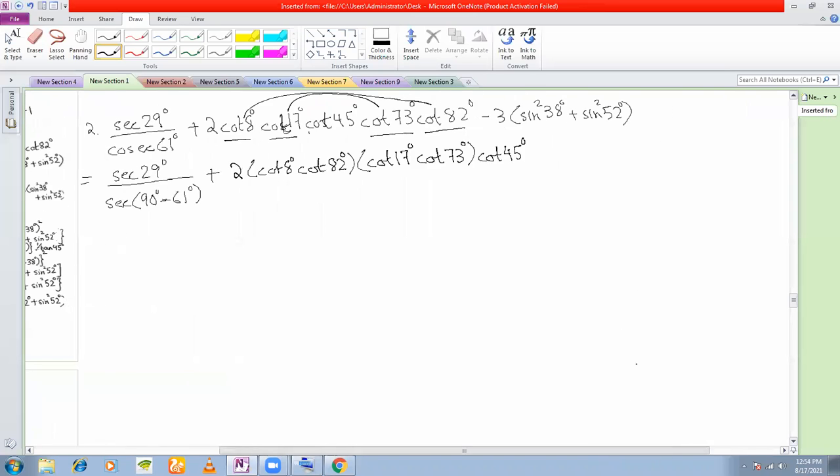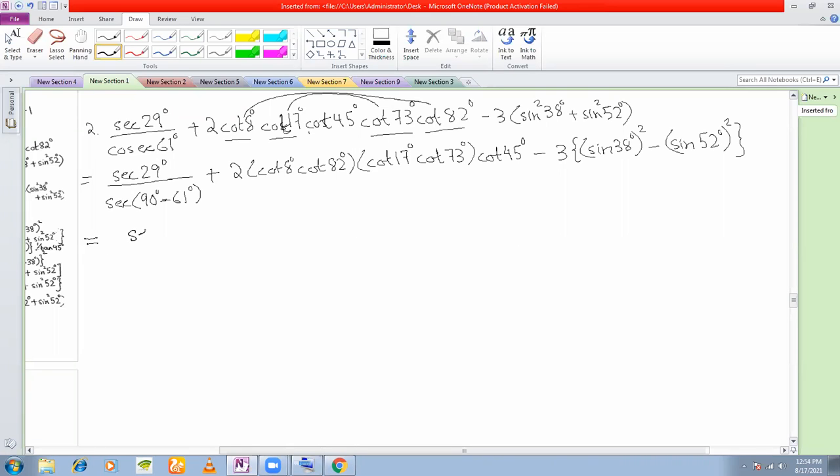And you have here minus 3. You can write this as sine square 38 degree minus sine square 52 degree. Now there's something very interesting that you see here also. You see that the sum of this angle 38 plus 52 is also equal to 90 degree. That means if I can change one of them to cos, I'll get a sine square plus cos square, isn't it? So what I'll do is either I'll change sine 38 to cos, or I can change sine 52 also to cos. Both options I have.